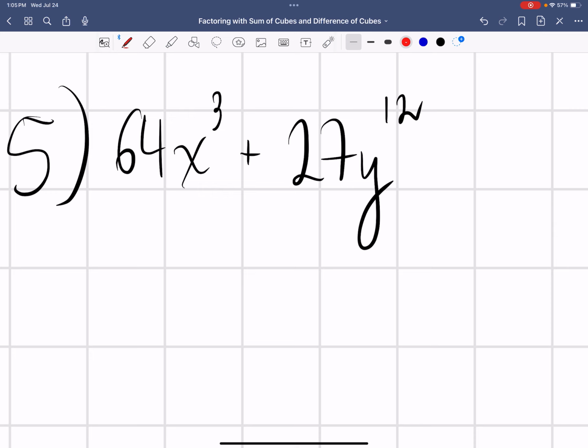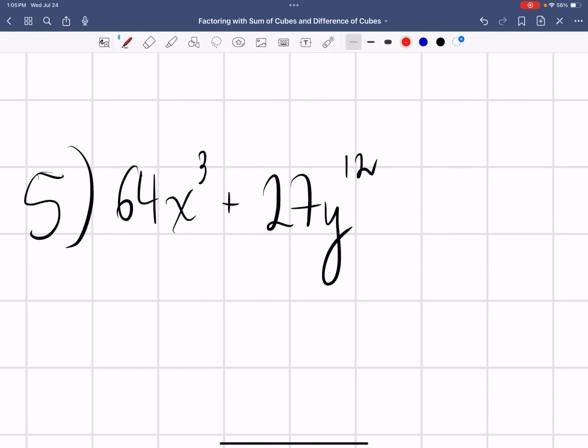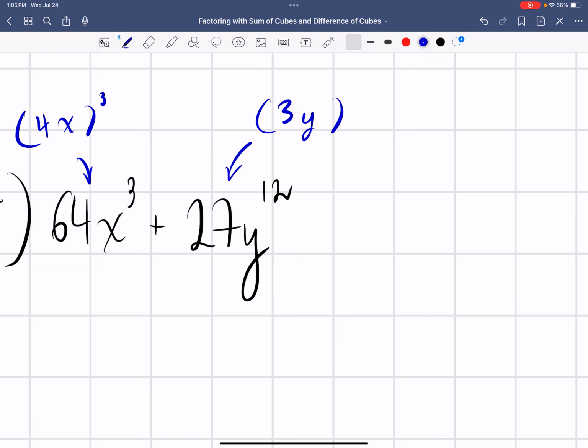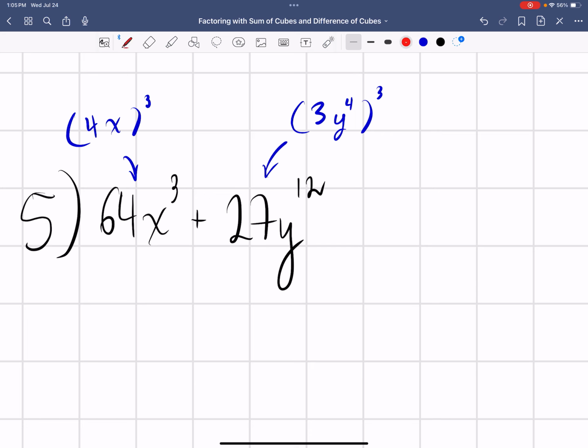So now, on this one, we have coefficients on both terms here. So let's go through the same steps. What cubed gives us this first term? Well, the 4 cubed gives us 64. And x cubed gives us x cubed. And then for this 27y to the 12th, what do we need to cube to get 27? That's 3. And what do we need to cube to get y to the 12th? That must be y to the 4th, right? Because we multiply those exponents. So we found a and b. Now just to plug them in,